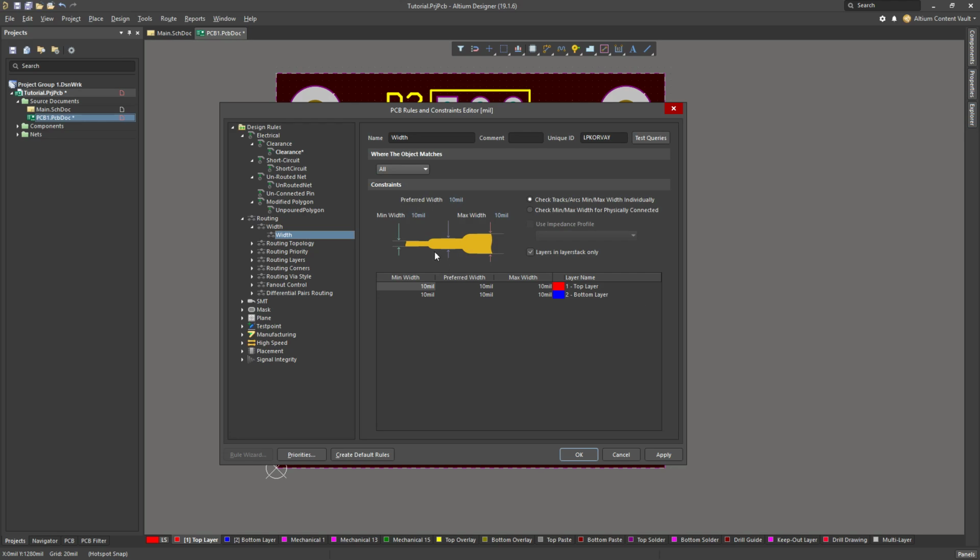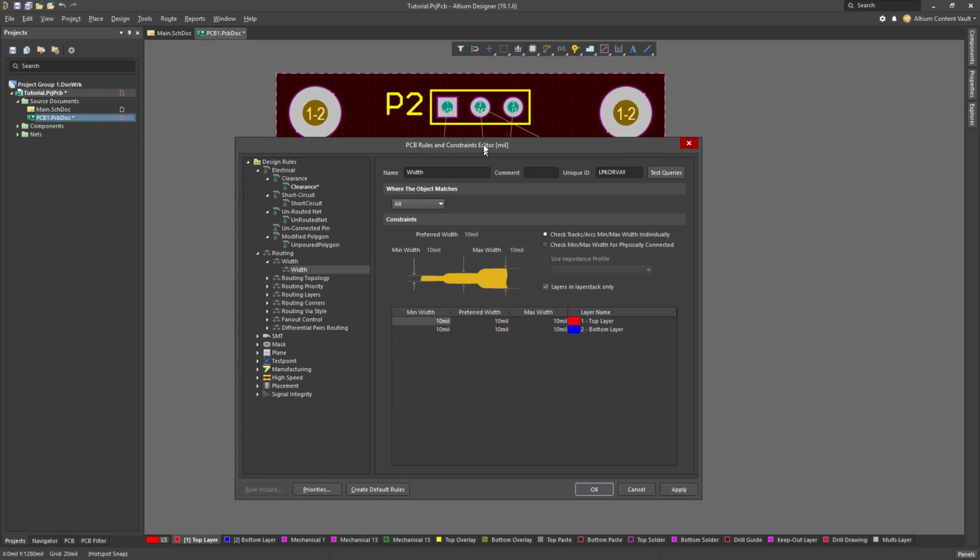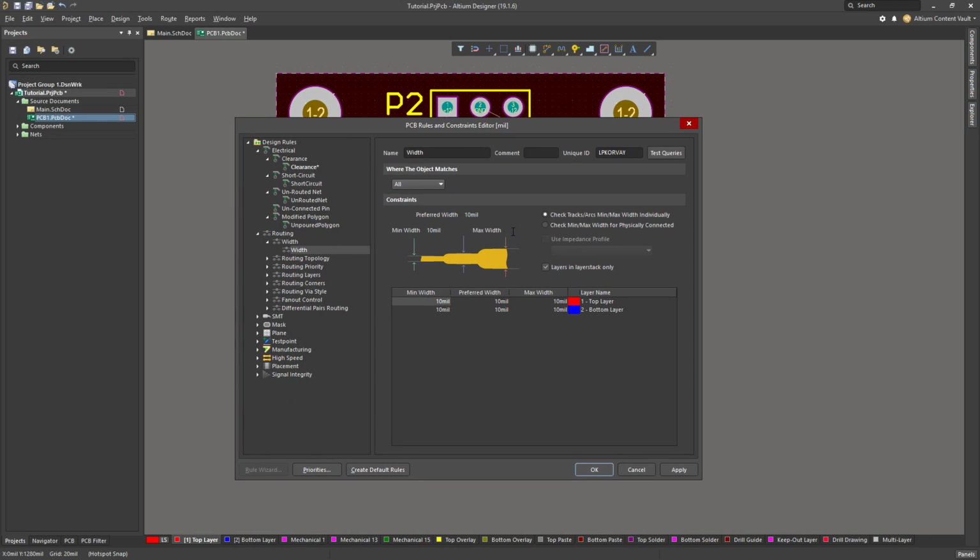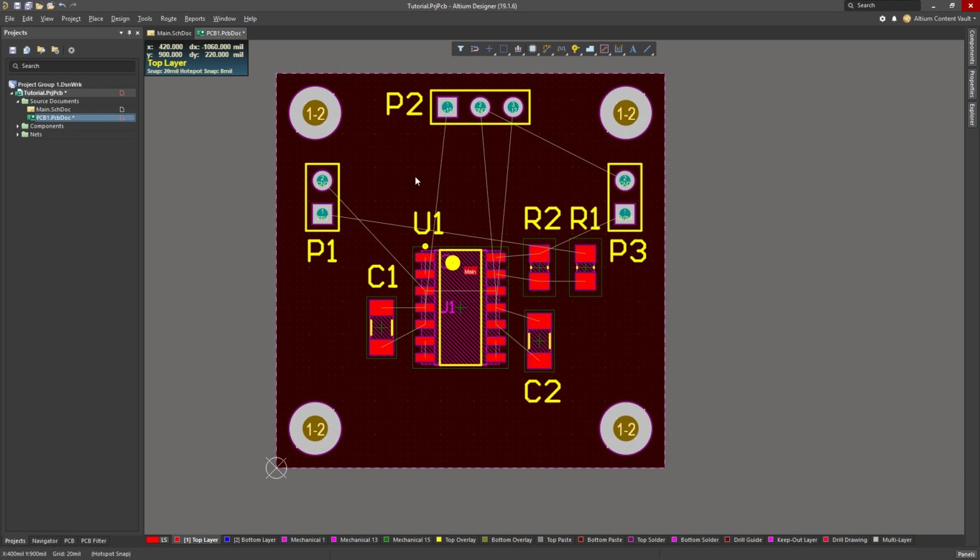Another really important setting is the track width. So again, the minimum track width of 10 mil is fairly generous for a commercially made board, so we could usually go smaller than that, but I might as well leave it at 10. This is a very, very simple design. I don't need to push any limits here. The maximum can be much larger. Let's say we allow 0.5 millimeter, so really quite a huge track width for the maximum size. And of course, there are many other settings as well, and you should really line these up with the capabilities of your manufacturer. So with the design rules set up, I will now show you how to actually run the tracks,